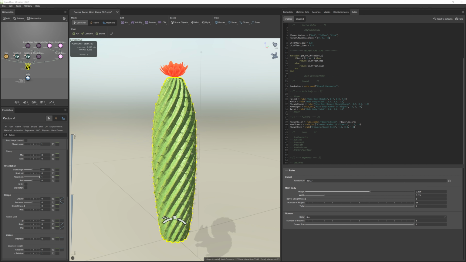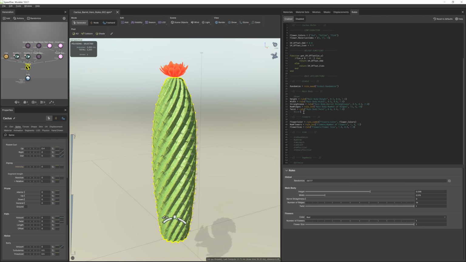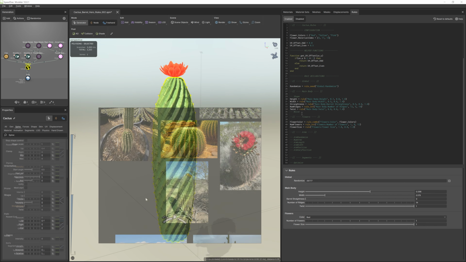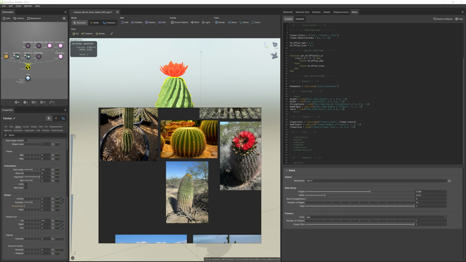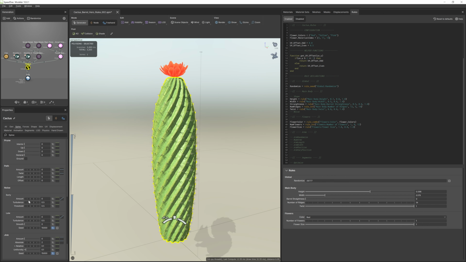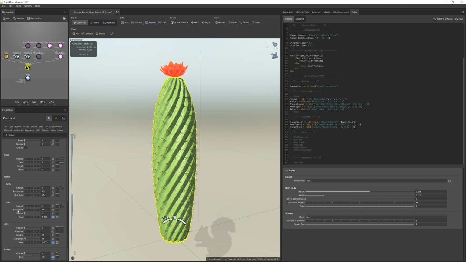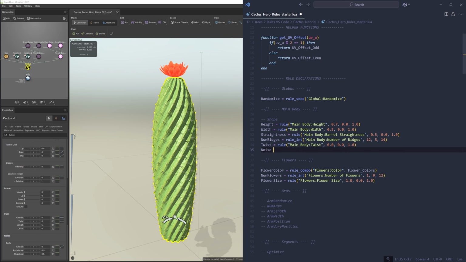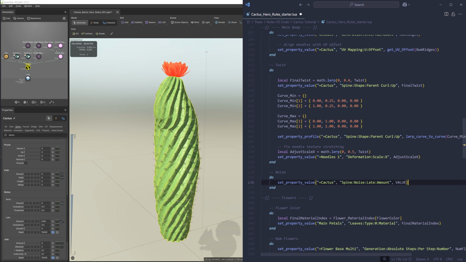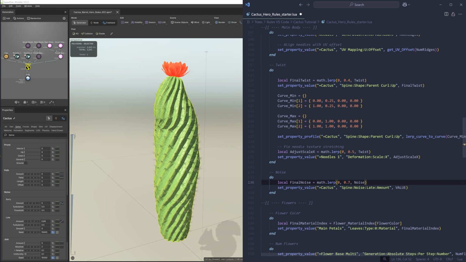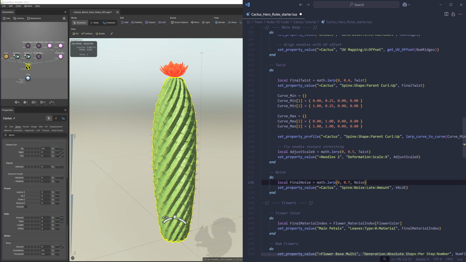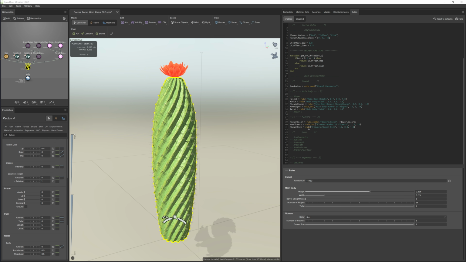All right, we've got 2 more rules to write in our main body section. Let's do noise next. I want to allow the model to have a bit of wiggliness, like this. For that, I'm going to use the late noise property. Okay, I'll write my definition, then the body of the rule, and I'll go for a max value of 0.7. Then paste in the script.